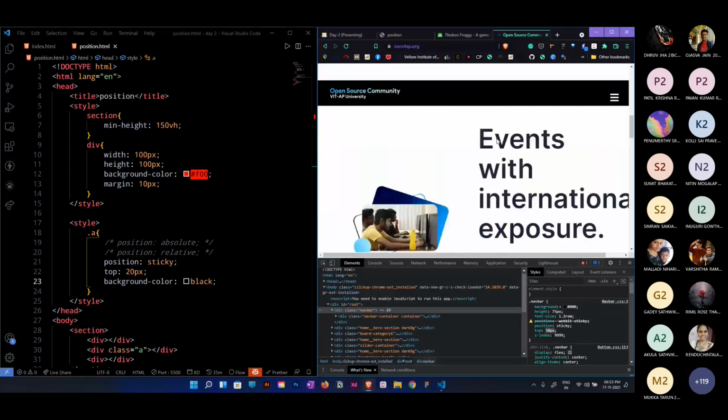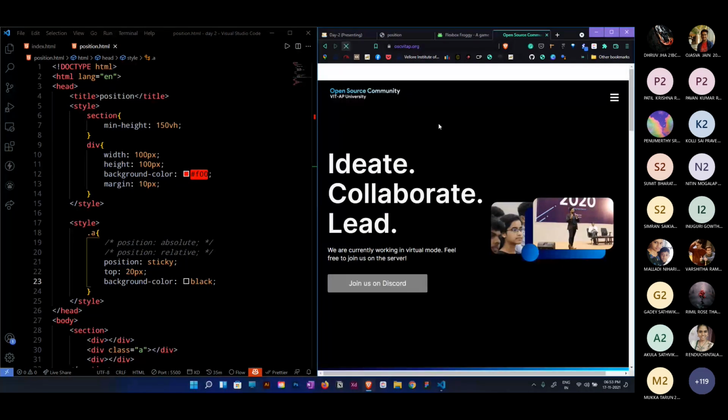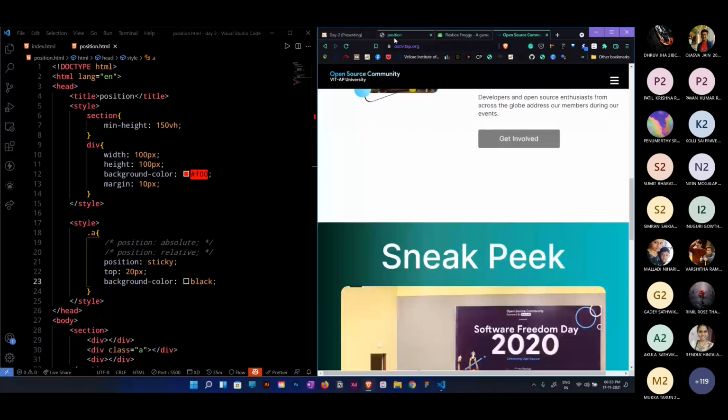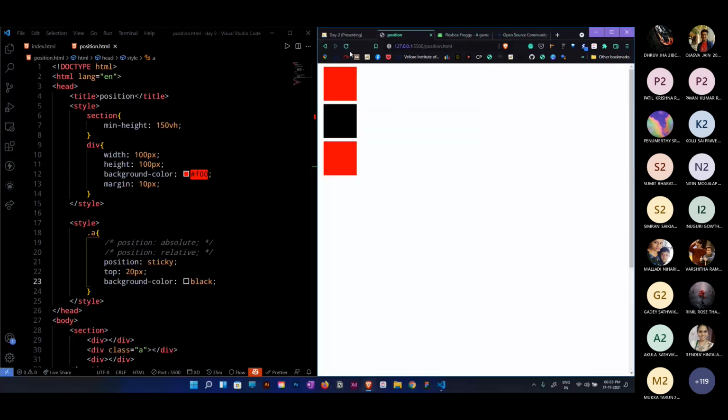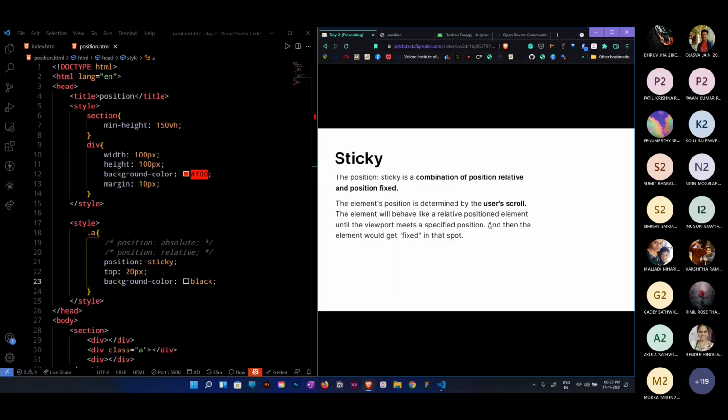This is how we use it. Whatever changes we make by inspecting are temporary and only on your PC itself. They will not be global changes. I think you have understood fixed and sticky.